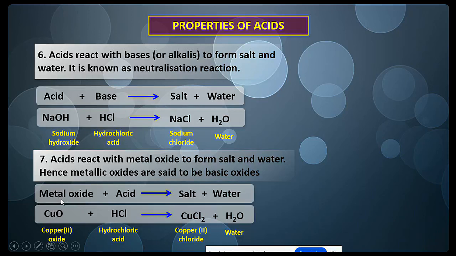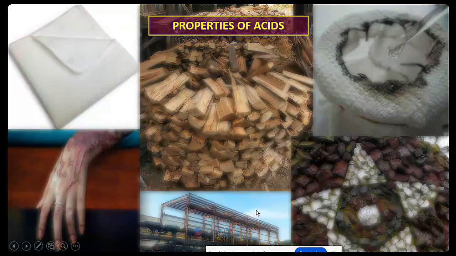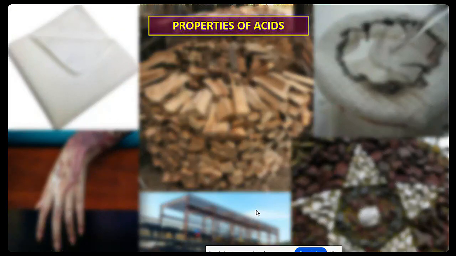So here, what is the nature of the metal oxide? Basic in nature. So one copper, one copper. But hydrogens required are 2 here, oxygen 1, oxygen 1. Chlorines are also required 2, so we just keep 2 here so that it gets balanced. Is that right? Chlorines also get balanced here. So 2 HCl. So far, how many properties are over? 7 properties are over. And the last property, acids